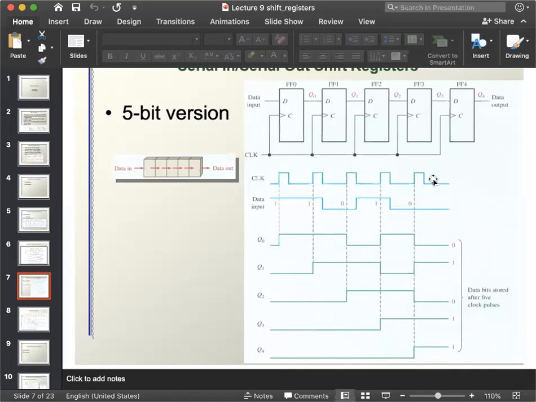So first draw the clock cycle, then draw the input line, whatever input you get, draw it first as the input line. Then you will do it one by one bit clock cycle. So as it is Q0, this 0 will go as an output. Every bit will shift to its next clock cycle. Just like that, in my second clock cycle I will get this one as my output.